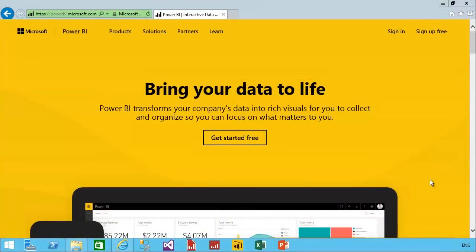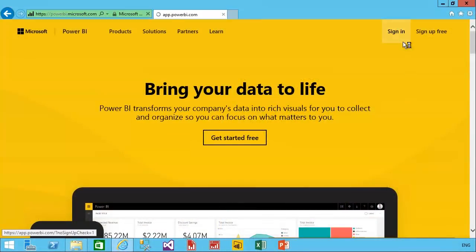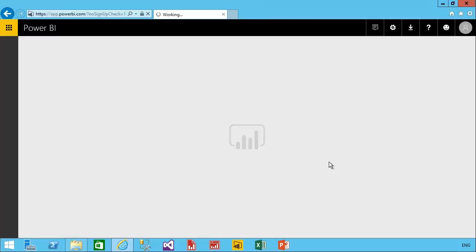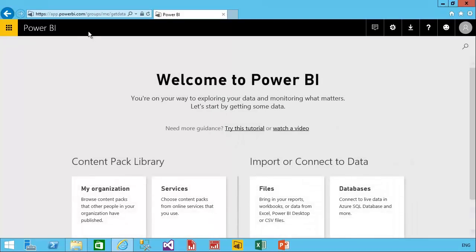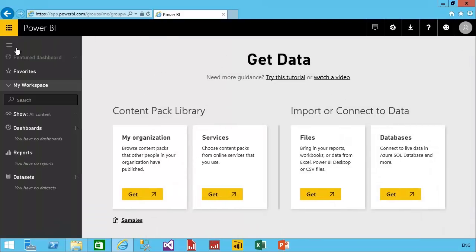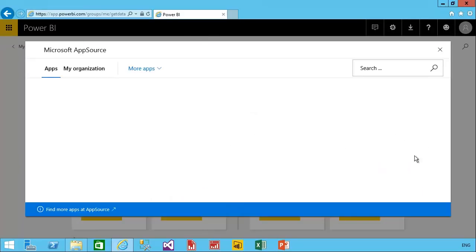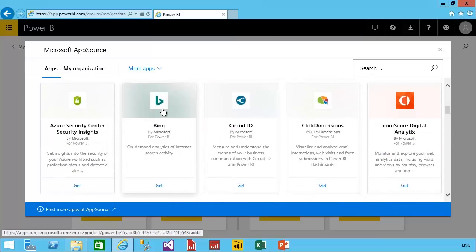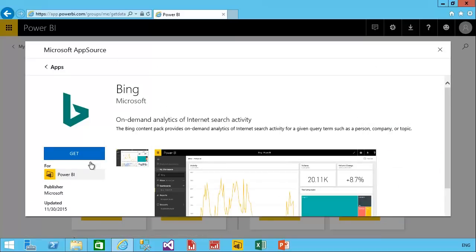In this short demonstration, I'll commence by signing into the Power BI service. And then let me point out that in my workspace, there are presently no datasets, reports, or dashboards. So I'm going to get data from a service, and we'll find that there is a content pack available for Bing. I simply click Get,